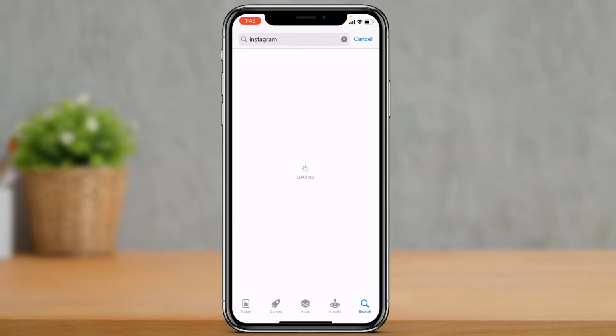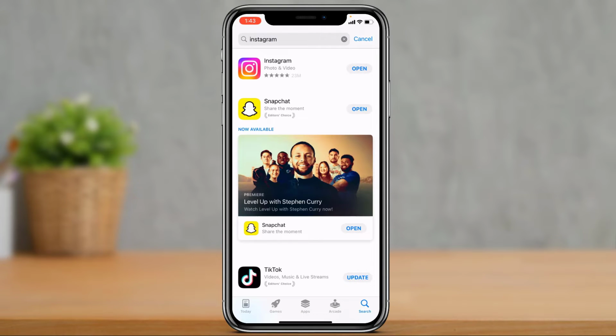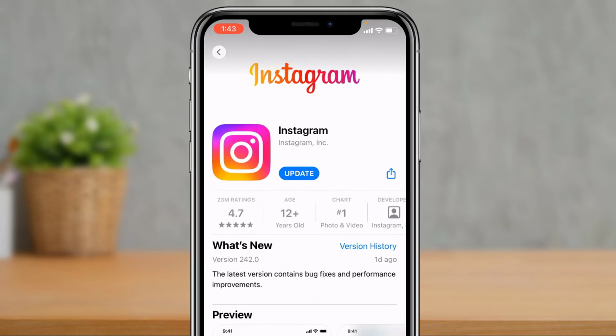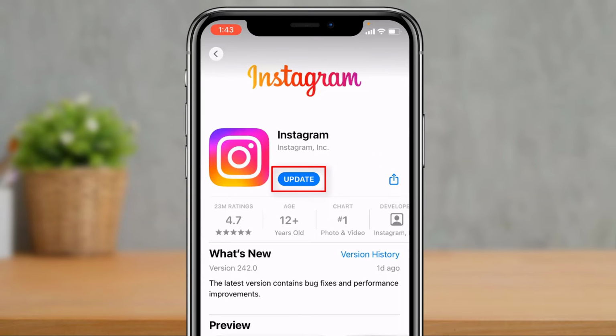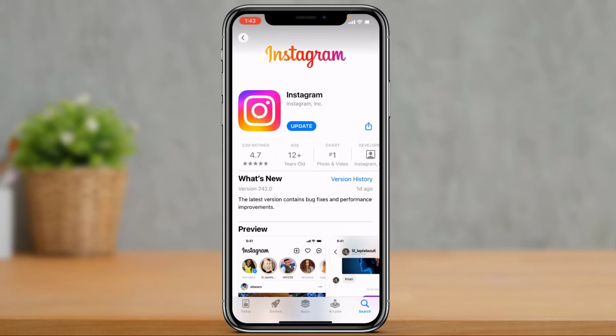Once you type in Instagram, you'll be able to see this interface. You can tap on Instagram, and if there is an update button available, you will see the update button for iOS users. For Android users also, you'll be able to see the green update button. In order to update it, simply tap on this update button right over here and verify it using your Apple ID password or any other credentials such as your iPhone passcode or